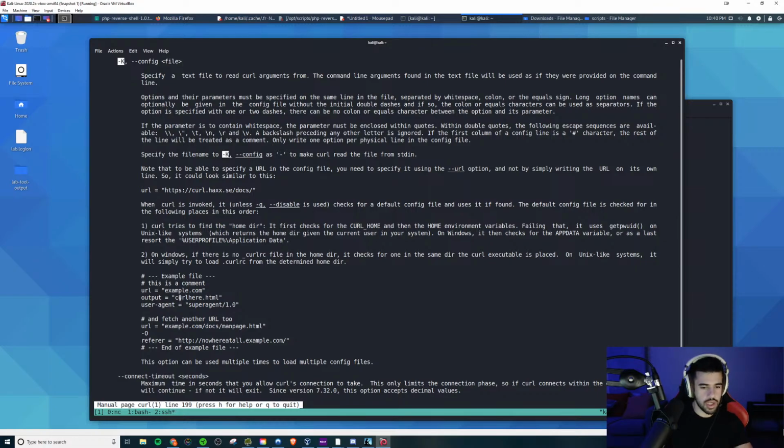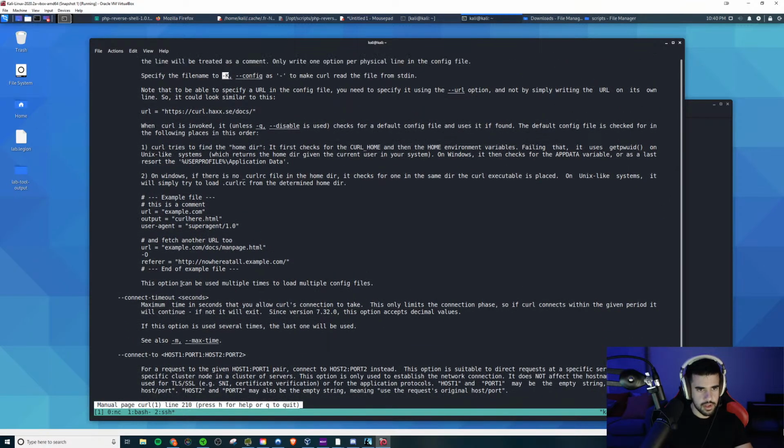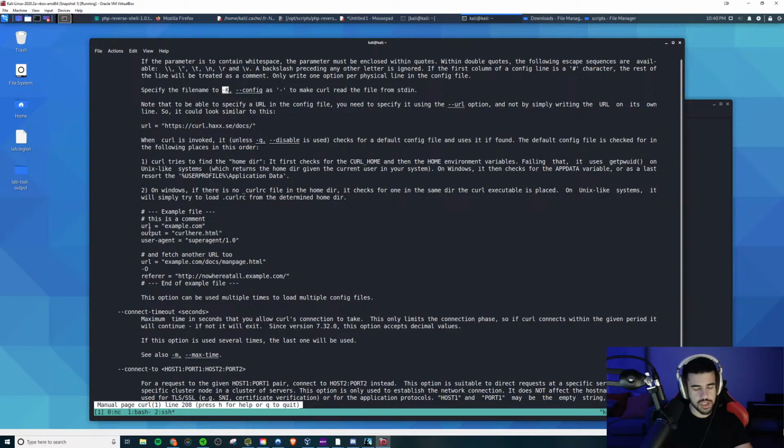Okay, so it looks like then based off of that, here, okay, here's some examples, right? URL, which that's what we had in our file. Also, you can give it output, user agent. So what if we gave it, like, what if